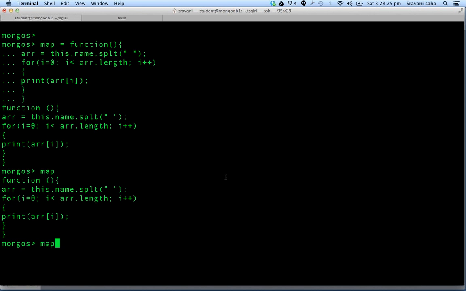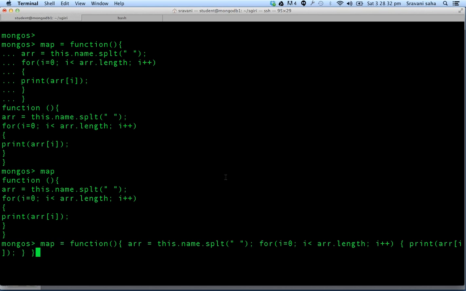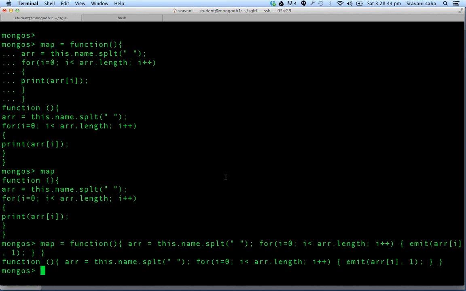And instead of saying print here, I say emit arr[i], comma 1. Perfect. Now I write something called reduce and say function,